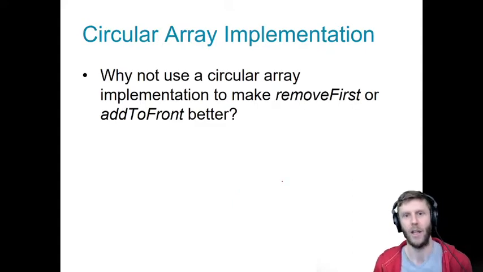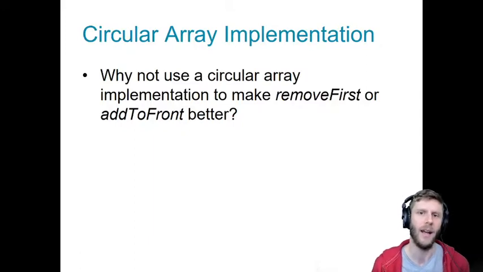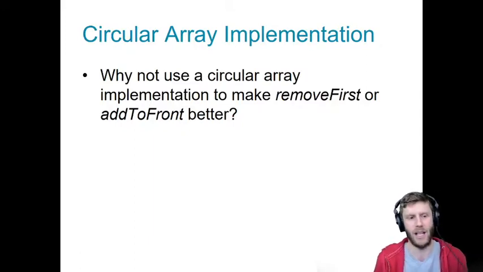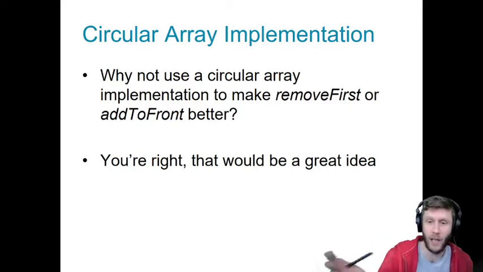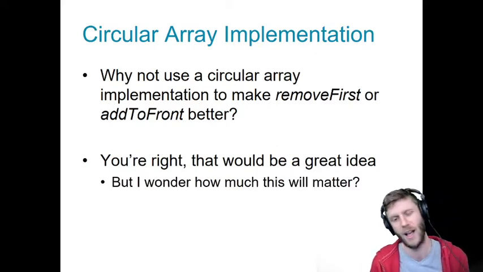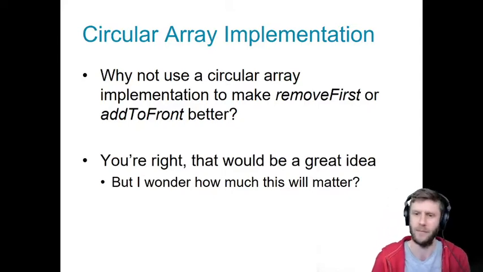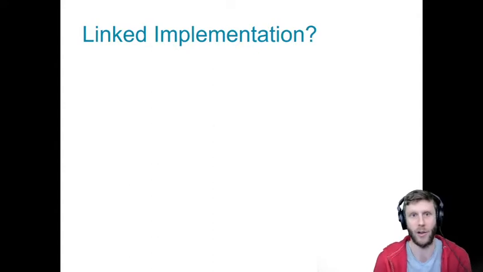Now, you might say, wait, we implemented that interesting circular array thing, right? Where with the queue, that eliminated us from having to shift all the time. So wouldn't that be better? And well, the answer is maybe that's a great idea. And we could totally implement it that way. There is nothing stopping us from doing that. But I suppose it's a bit of a question of how much will this matter? Is this actually an important idea? Little thought question for you.